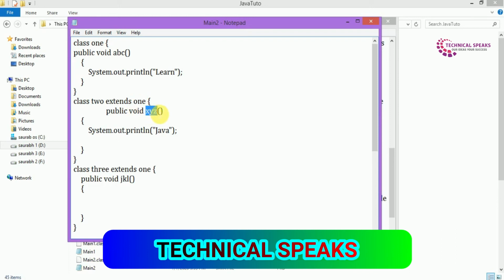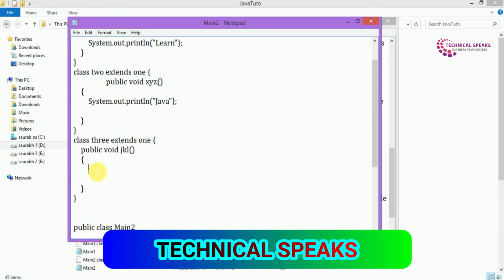Public void xyz, System.out.println("java"). Under the method xyz we want to print java. Class 3 extends 1. Here we create a class 3 which extends the class 1 again. Public void jkl. Let's leave this empty.